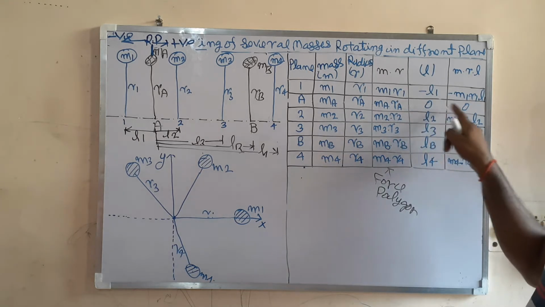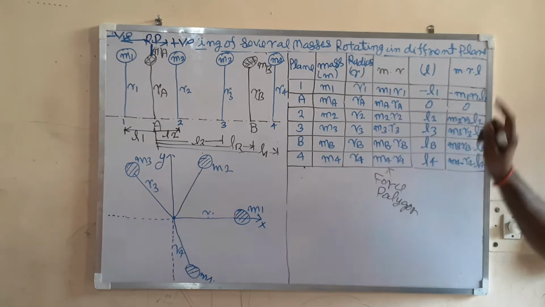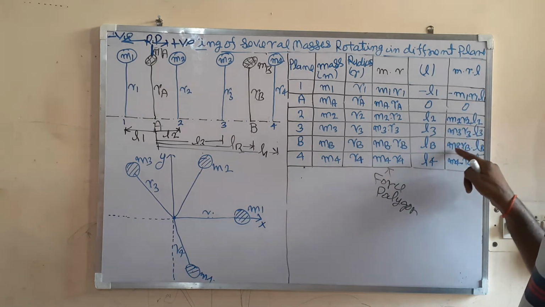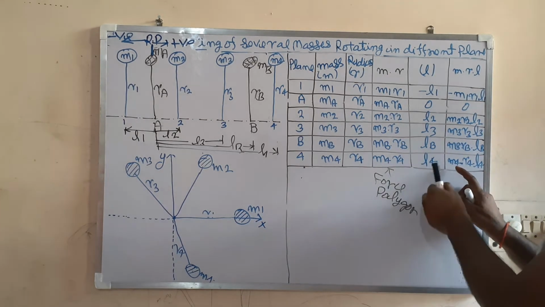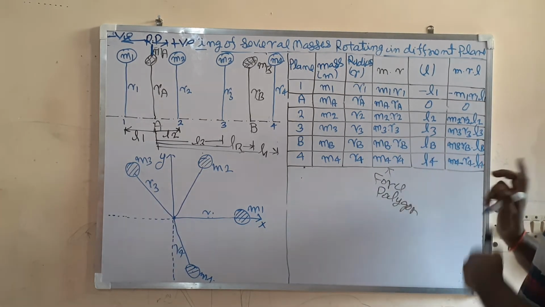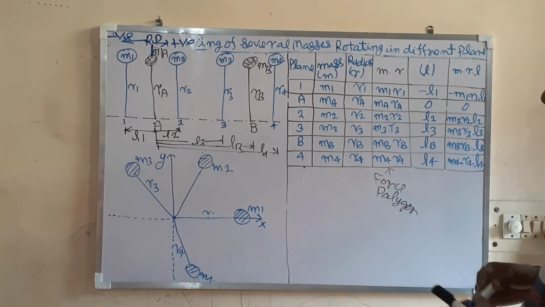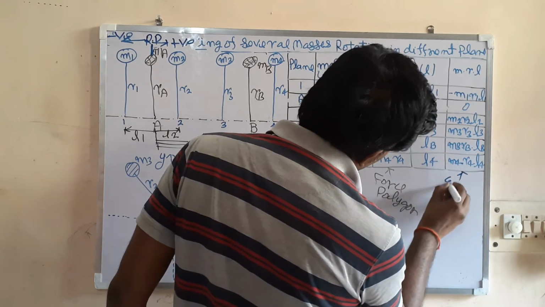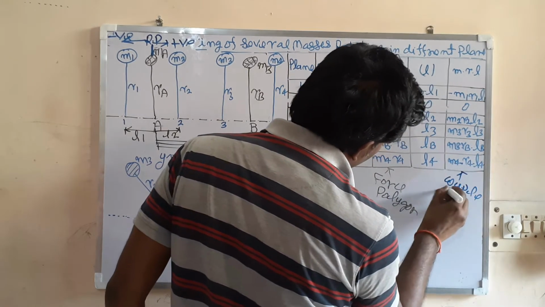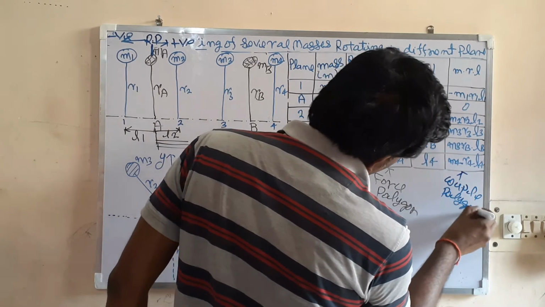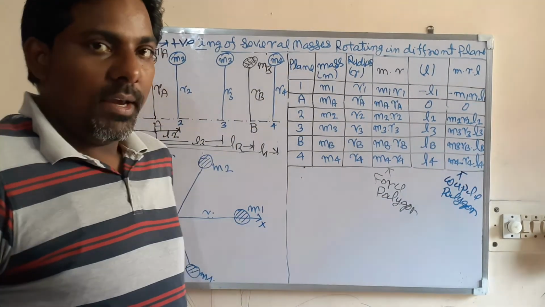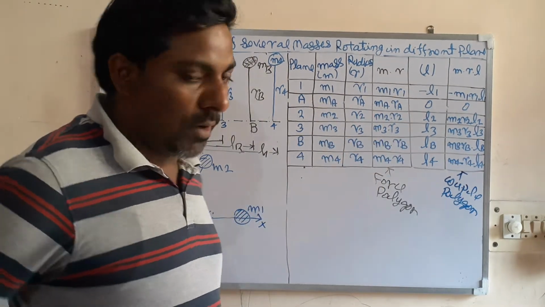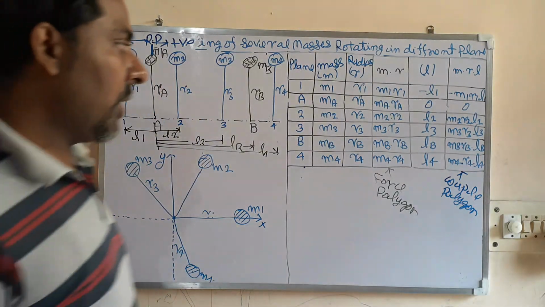When you multiply this by 0, you will get 0. Then you will get m2 R2 L2, m3 R3 L3, mB RB LB, and the fourth one you will get m4 R4 L4. Okay, so you have completed this table. From this you are going to draw the couple polygon. So this is your calculation in tabular form. Now you can move to solve the problem. I am using the graphical method of solution.